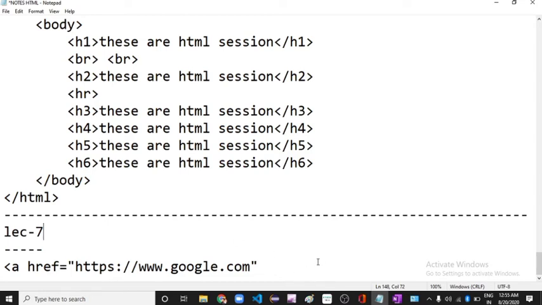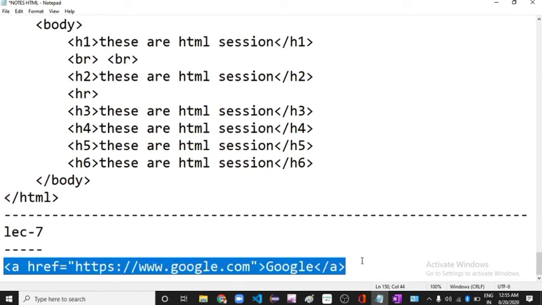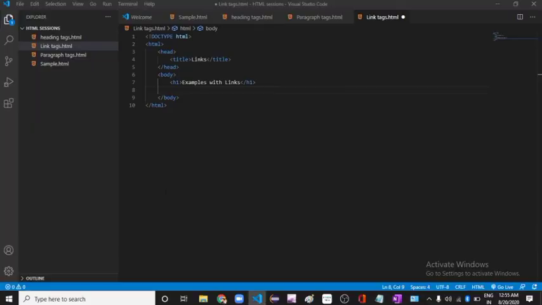After that you have to close the angular brace. Then the link text, Google. After that we close the a tag. This whole thing is the opening and closing. I copy this and paste it here.